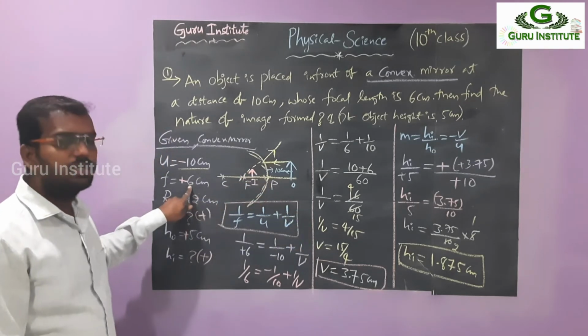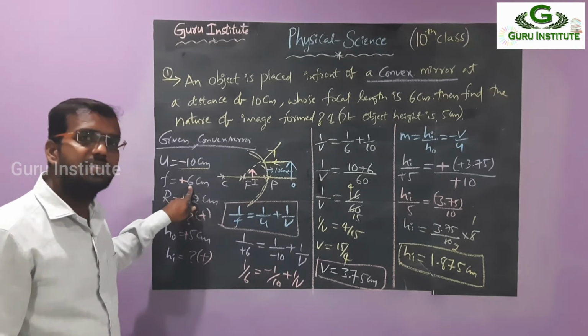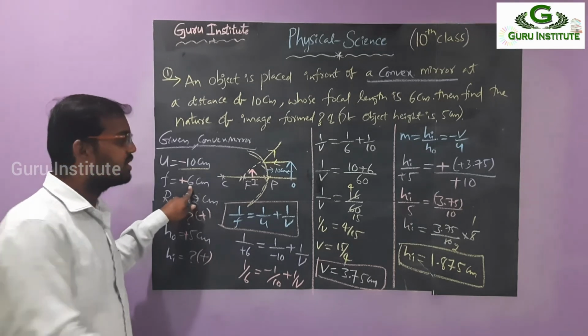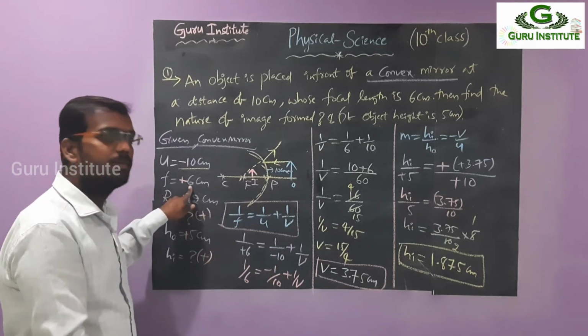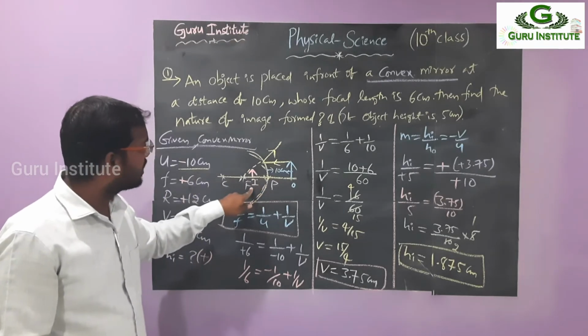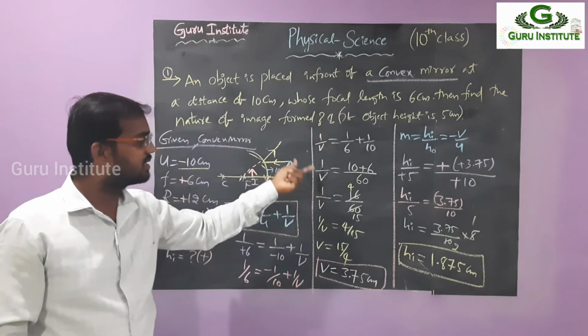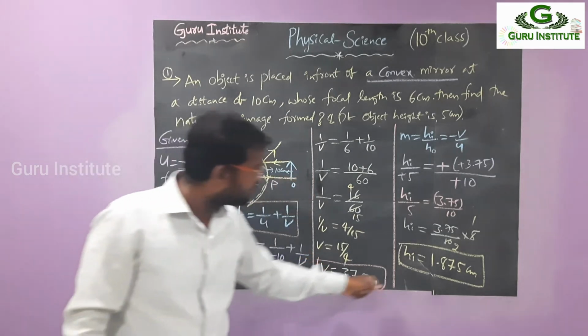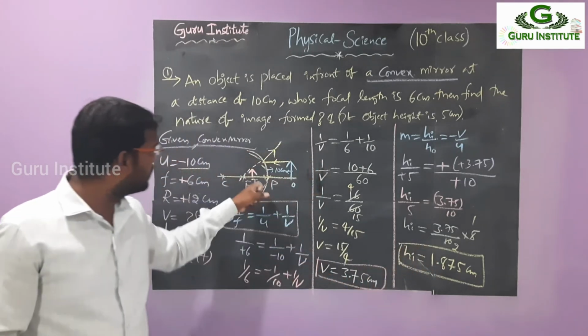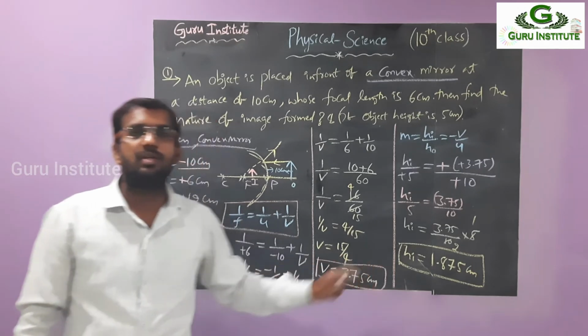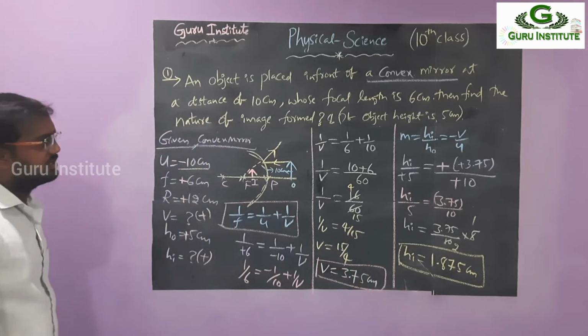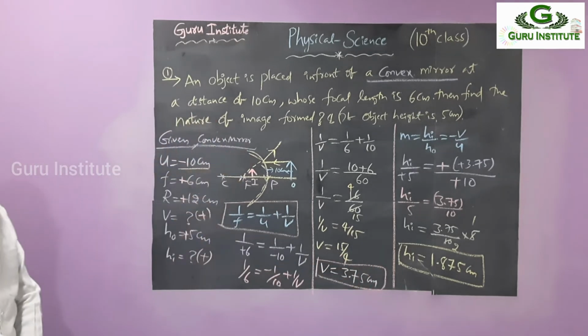So first one, initially you know that below 6, if you get the answer, that is correct. Above 6, that is wrong. Then you can check where you have done the mistake. Then the height also, below 5, if you get, the answer is correct. Above 5 or equal to 5, the answer is wrong. You have to check it once. So always we are getting below 5, it is correct, and between P and F, it is correct. So this is about the convex mirror. Okay, just observe the total one. Just 2 seconds.